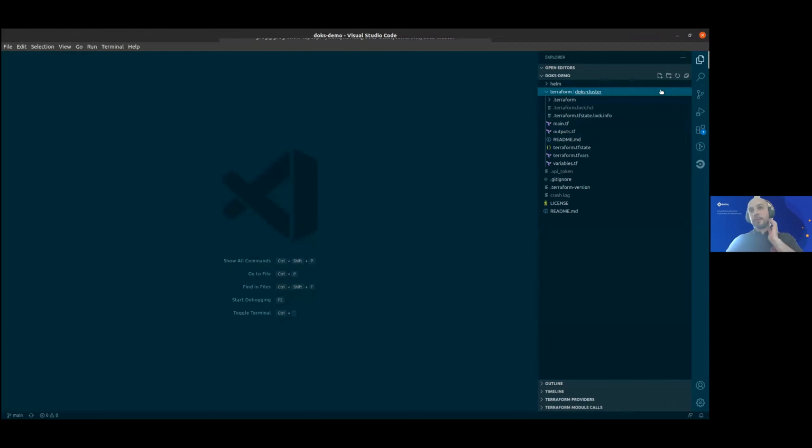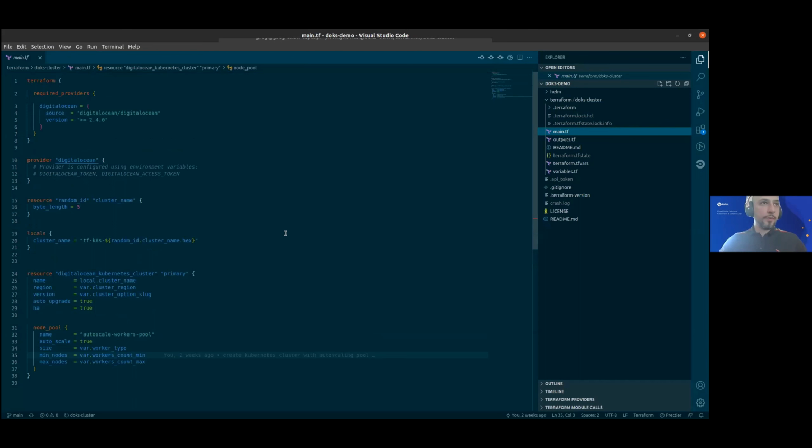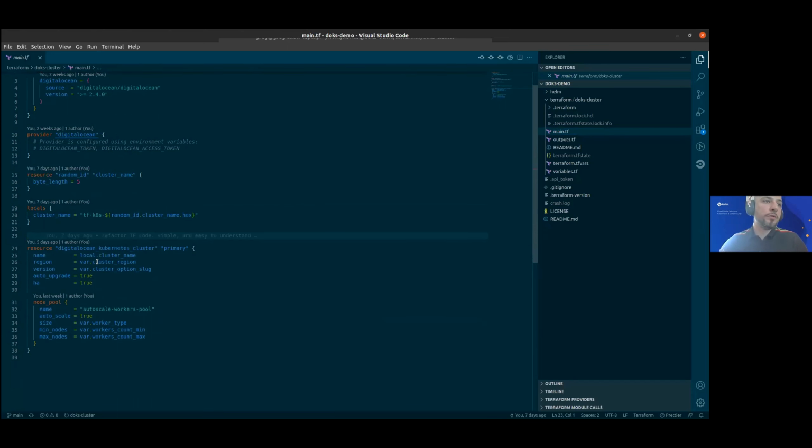So let's talk about the Terraform code. It's pretty much simple. What we do here, we're incorporating the module with the provider of DigitalOcean. We are generating a random ID and using it for a cluster name. Then we're doing super simple stuff. We're taking the inputs of the module and populating them. We're giving the cluster a name. We're specifying a region, a version,